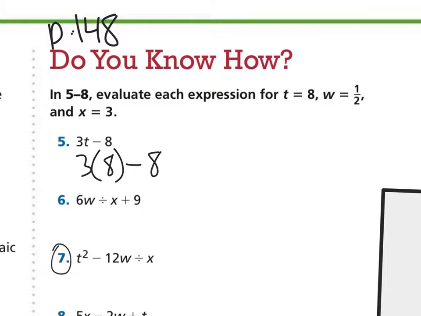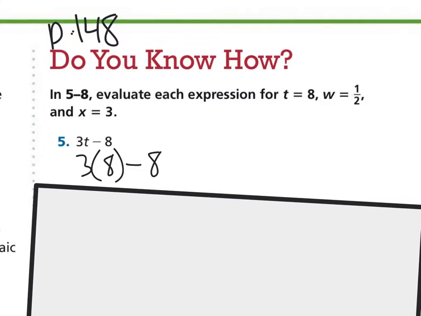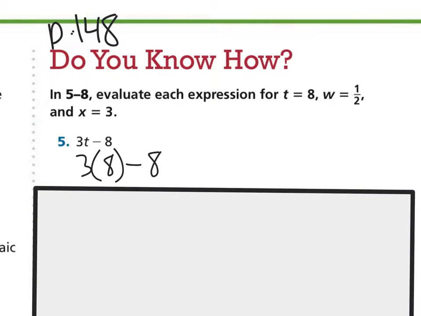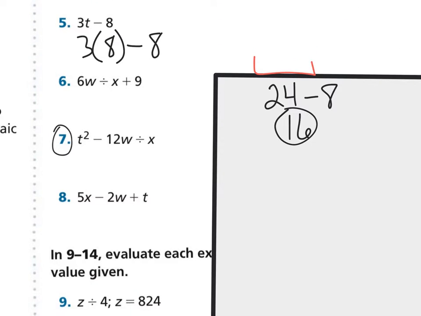Again, they don't give a whole lot of room here to work this out, so if you do this on separate paper or something, probably not a bad choice. Order of operations, we're going to do the multiplication before we subtract. So 3 times 8 is 24, and then 24 minus 8 would be 16. So 16 should be our answer here when we work out number 5. Number 6,